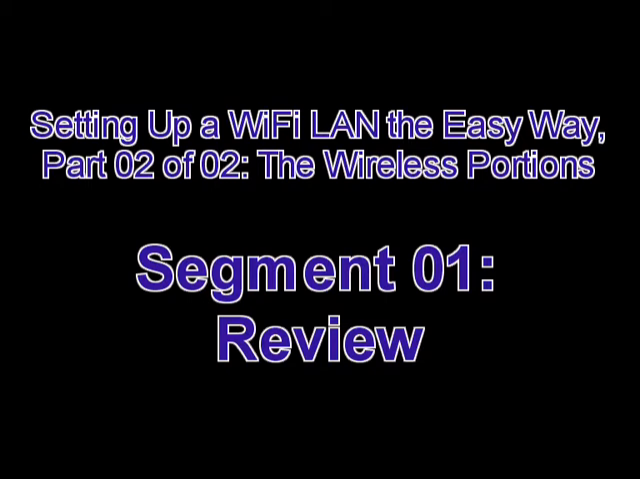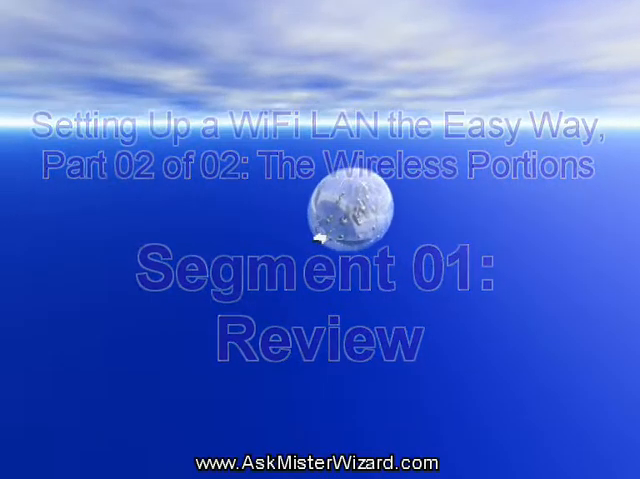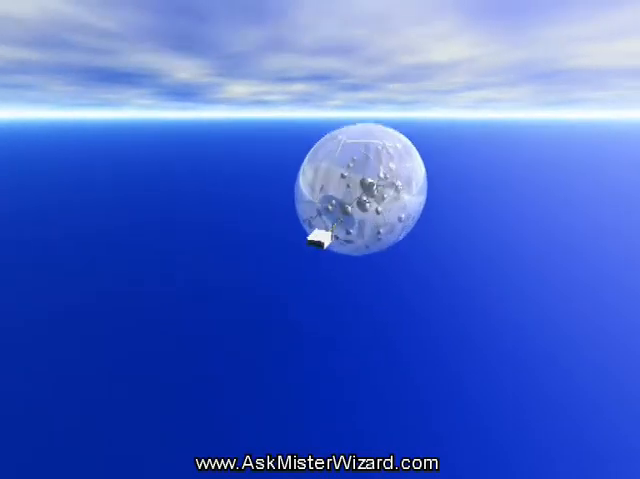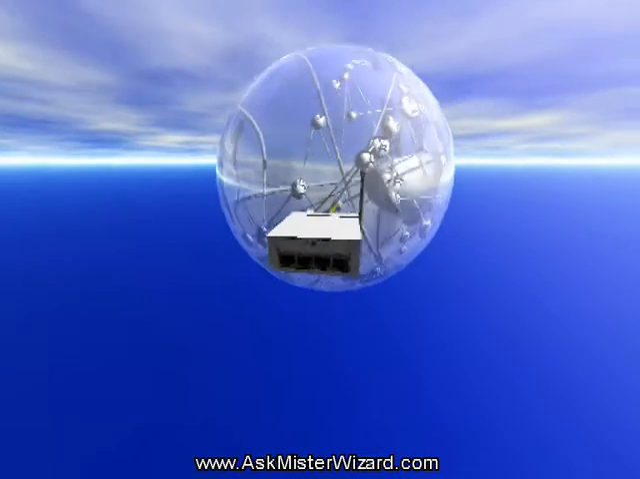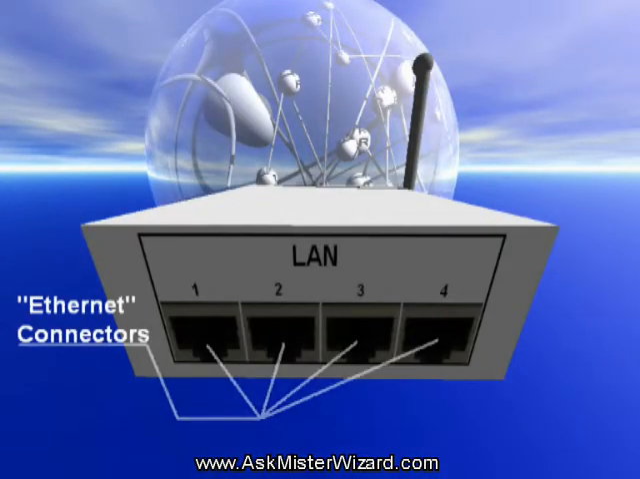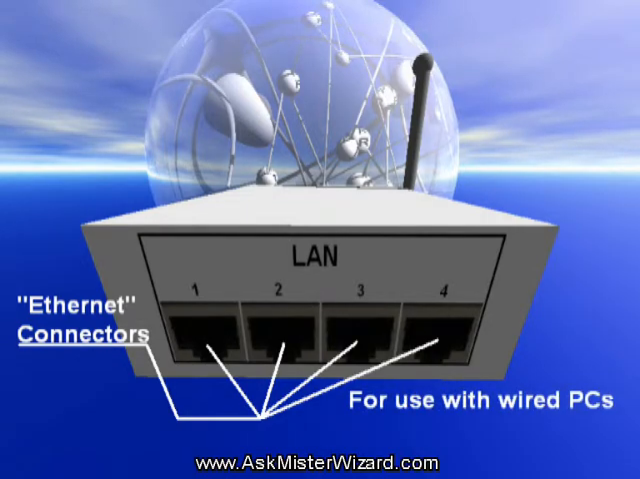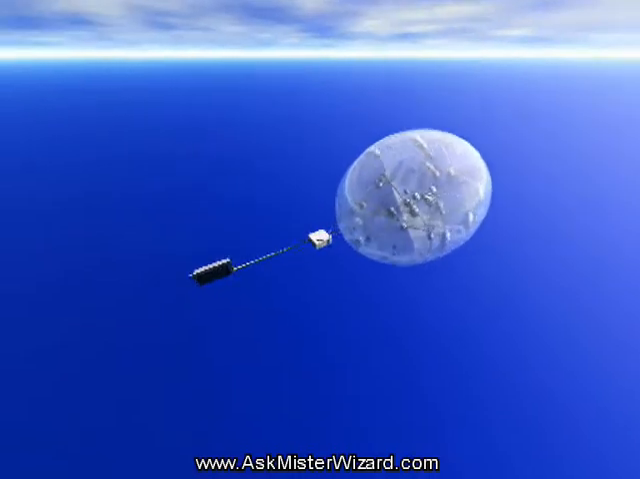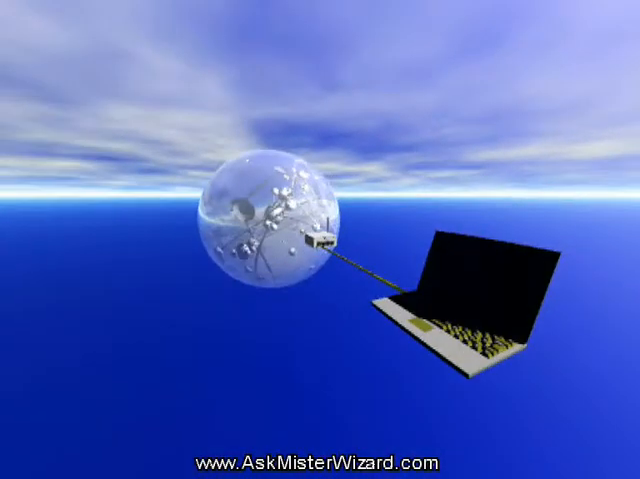Setting up a Wi-Fi LAN the easy way, part 2 of 2, the wireless portions. In part 1 of this two-part series, we acknowledged the fact that wireless networks are never entirely wireless, and we discussed the wired infrastructure that's needed to support the wireless portions. At this point, all of that wired infrastructure should be in place, and you should have at least one PC